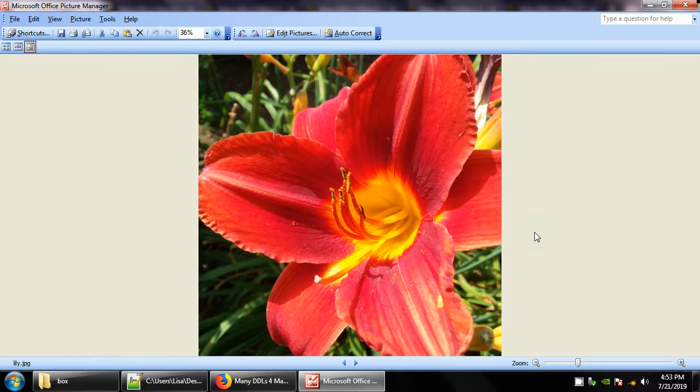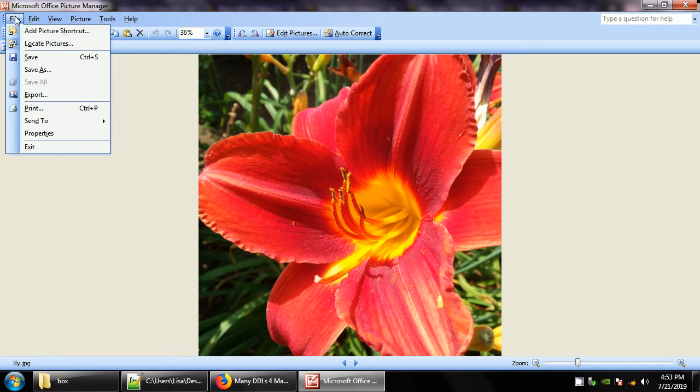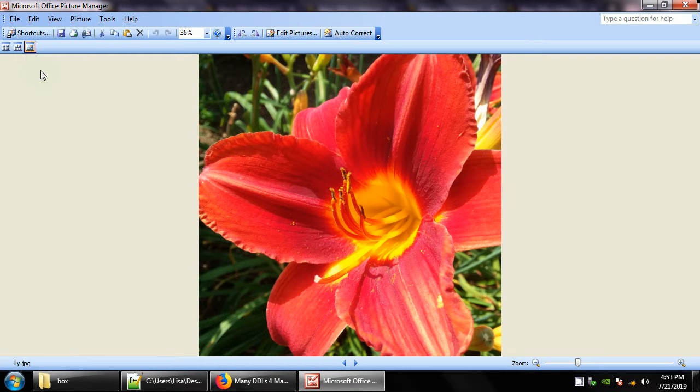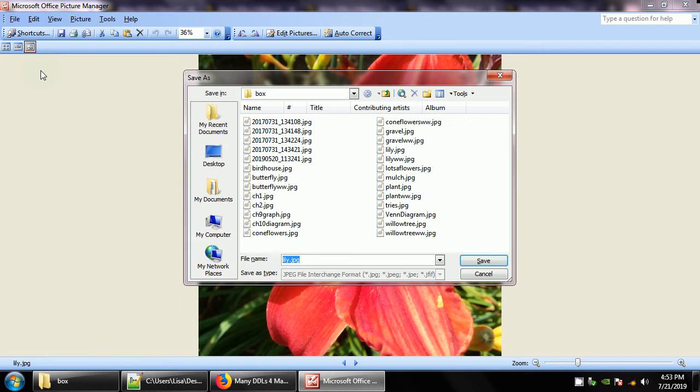and there it is. And I want to save it as another version before I make any changes to it, or I may alter the original and then I'll be annoyed. So let's save as first. Okay, so it's in box. Now I'm going to save it as